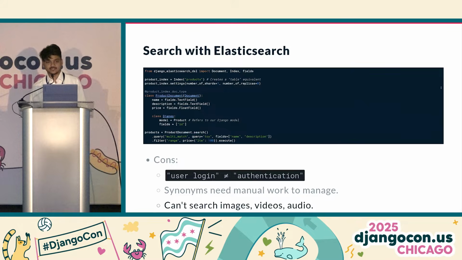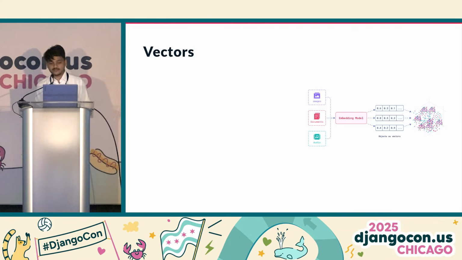So effectively it's just text search again. So that's why you need something like a new fundamental technology shift. So that is where vectors come into the picture. So vectors are like